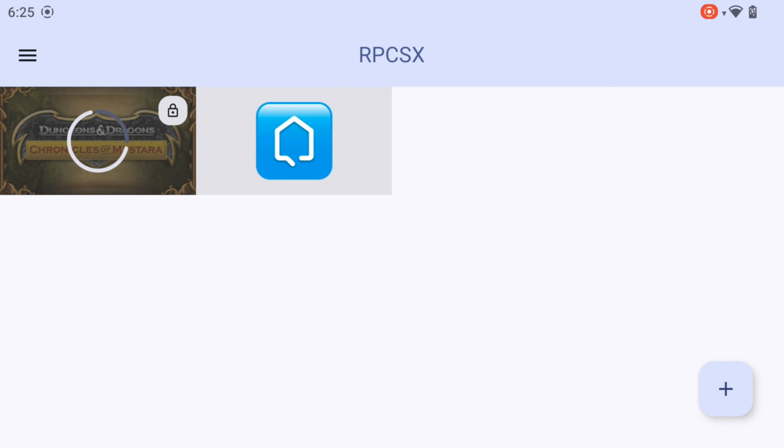And in my testing, I have found that the file size of the game doesn't necessarily correlate to how long it will take to complete this process. So let's speed through this compilation, which did take about 7 minutes, just to give you an idea of how long it actually takes. You will notice that the icon is no longer grayed out, and now the game can